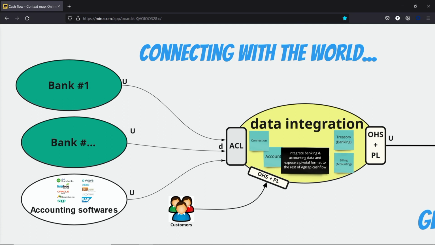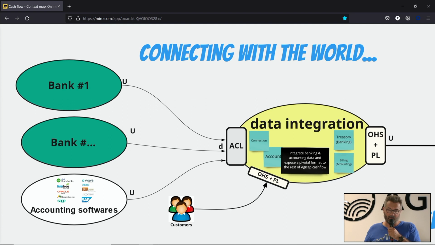It's much more than a potato, but for tonight it's simply a potato that we call data integration. These are the people that are doing that job, and an important part of that job is to deal with the complexity of the external world. Like Julien was saying with the train systems and things like that, we need to integrate with everything. And usually banks like to break APIs a lot. So there's a challenge in terms of time to market, and that's why they are put here, what we call